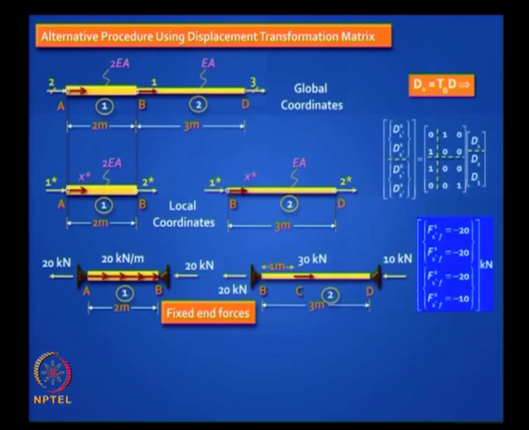Now you have to switch from here to the global axis. How do you do that? Actually you want to go straight to the structure. How do you do that? TD transpose. So you do that. You have already got TD. Will you work this out yourself? Tell me what the FF matrix will look like.